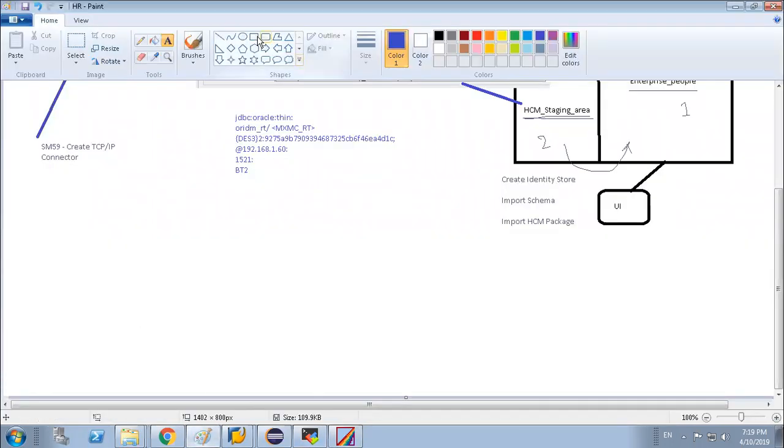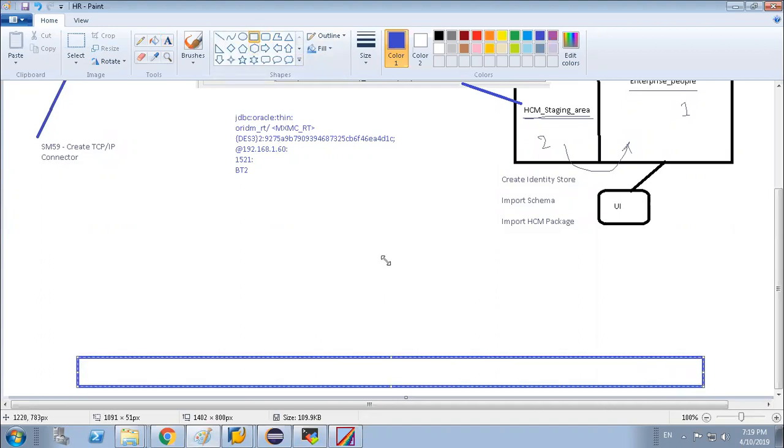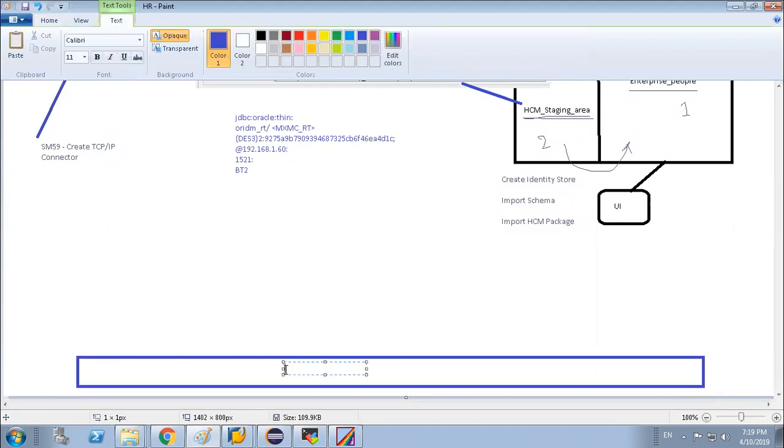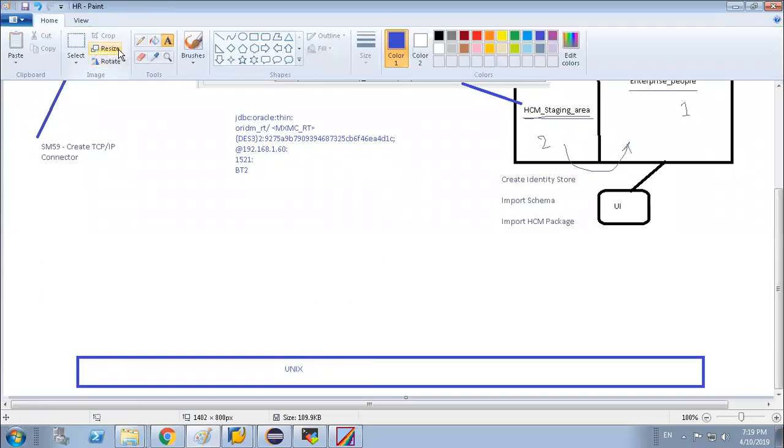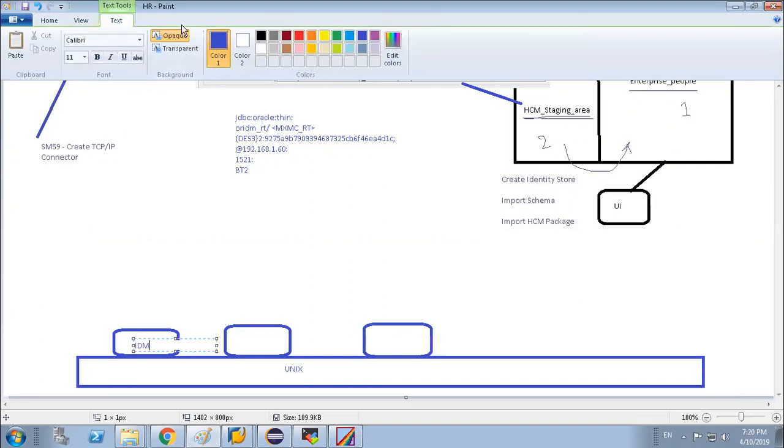Suppose this is the Unix server base, the base on which you have installed all your things. Here you have installed your IDM machine, your IDM configurations, your database, your VDS. Everything is there: your IDM component, your DB component, your VDS component.